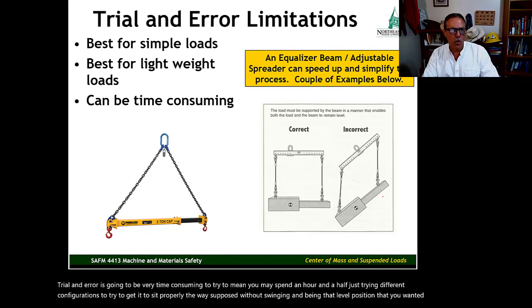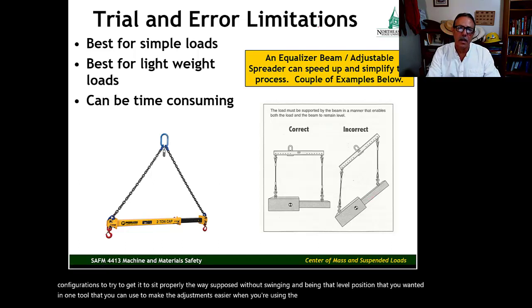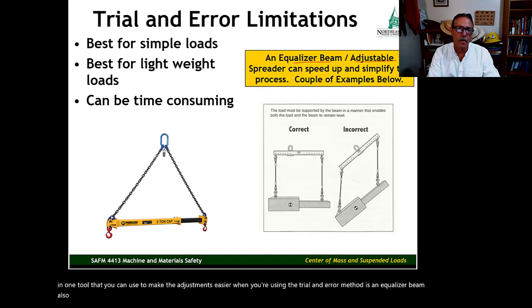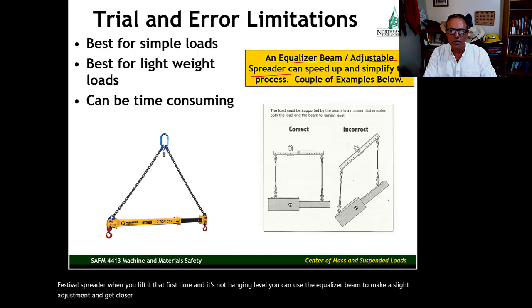One tool that you can use to make the adjustments easier when you're using the trial and error method is an equalizer beam, also called an adjustable spreader. When you lift it that first time and it's not hanging level, you can use the equalizer beam to make a slight adjustment and get closer to level. And we can see over here in this diagram